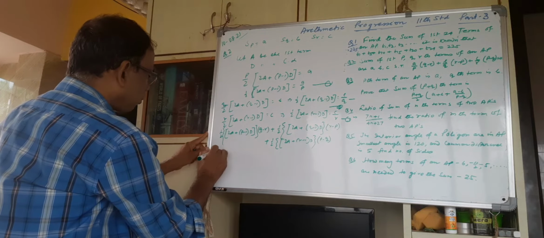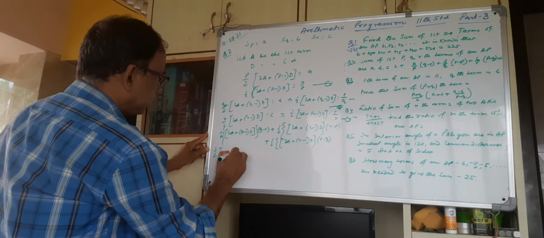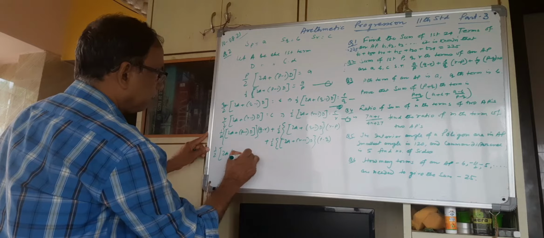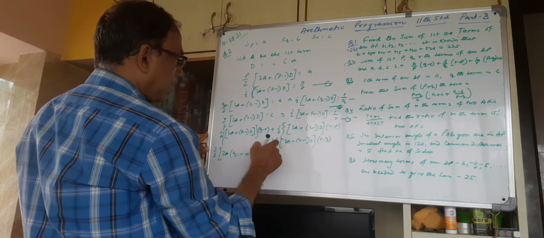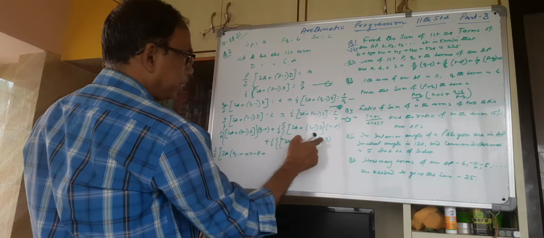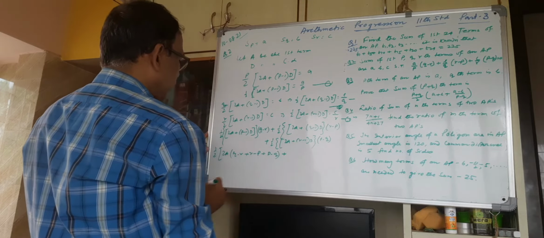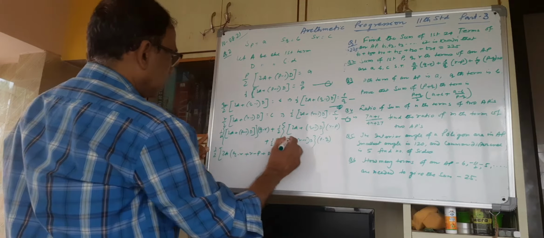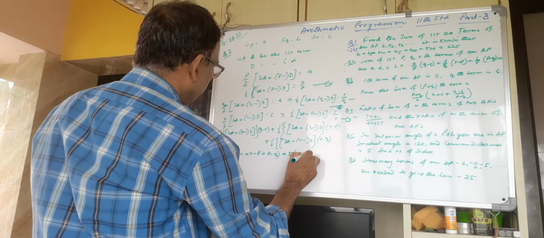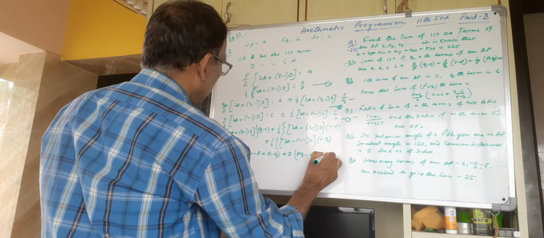Taking half common, 2a into this, that is Q minus R, plus 2a into this means R minus P, plus half is common, 2a into this, that is P minus Q, plus taking B common, this into this, that is PQ minus PR minus Q plus R